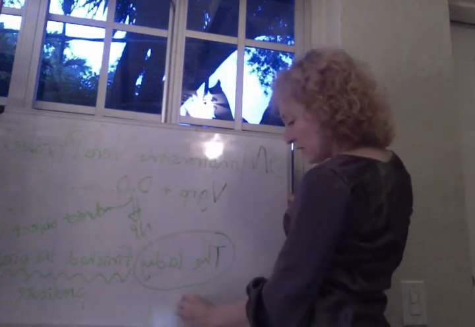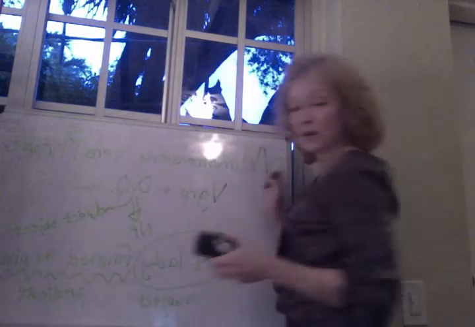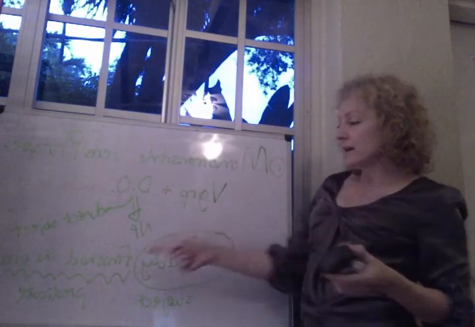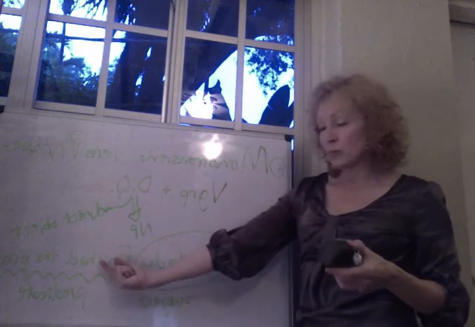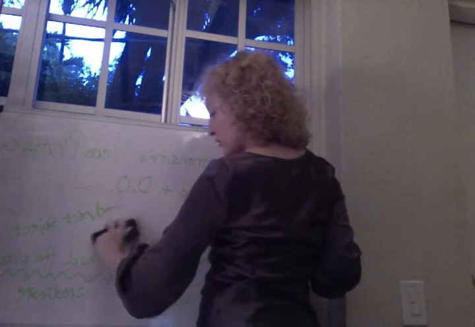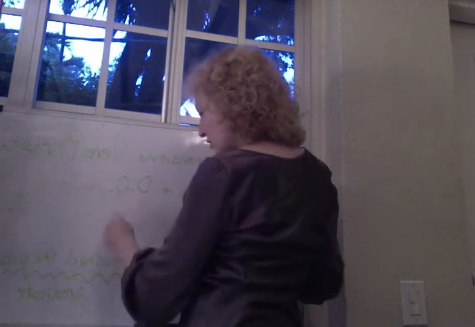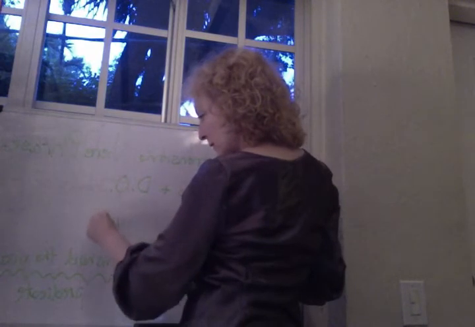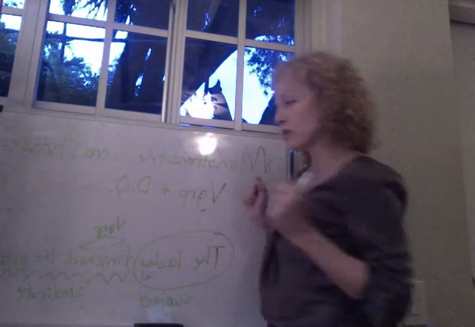So we have a subject, which is a noun phrase, the lady, and we have a predicate, which is a verb phrase. Why is finished the pizza a verb phrase? Because it's made up of a verb group, which here is just finished. It's just the verb finished. We don't have any auxiliary verbs here, right? So we have finished as our verb group. And then we have this material over here, the pizza.